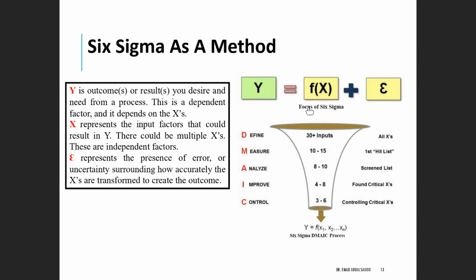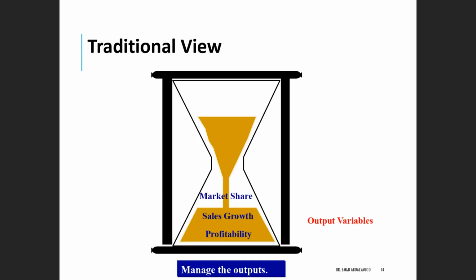Here is the input. In DMAIC, you start with, let's say, many inputs, much information and data, and then you start to measure some of those, you analyze a few of those, then you focus on improving only this amount instead of having all the inputs you have collected from the beginning. Those are the most critical to be improved, and then you focus on controlling some of them, which need to be measured over time. And this is, as a method, X and Y, how Six Sigma works.